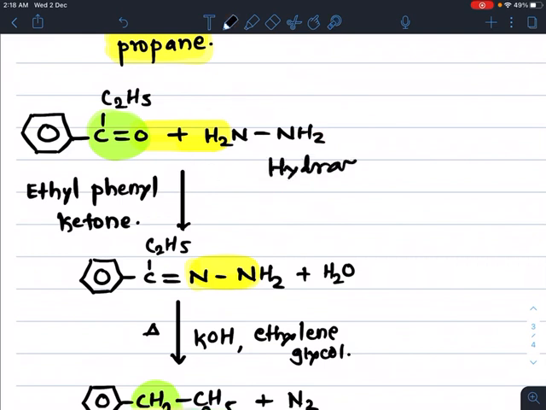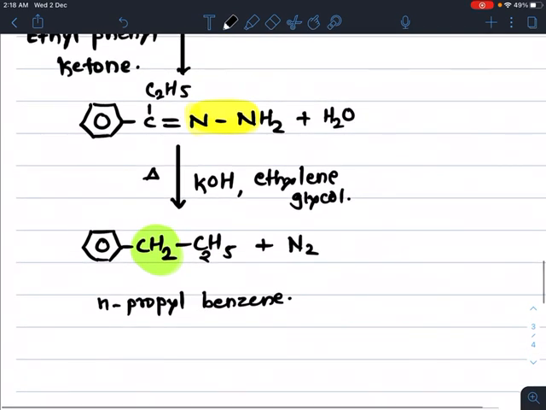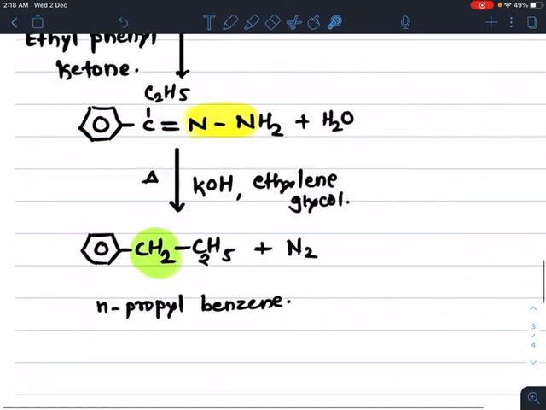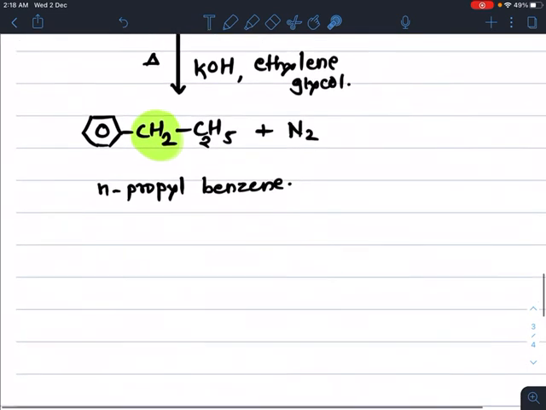We get its corresponding hydrazone, and this hydrazone further reacts with KOH and ethylene glycol, and after heating we get its corresponding alkane derivative. So we get here N-propylbenzene, and this reaction is called as a Wolff-Kishner reduction. Now one more reaction is there,